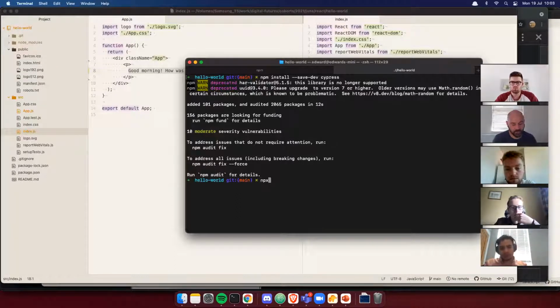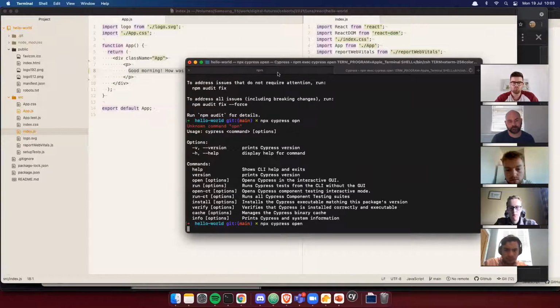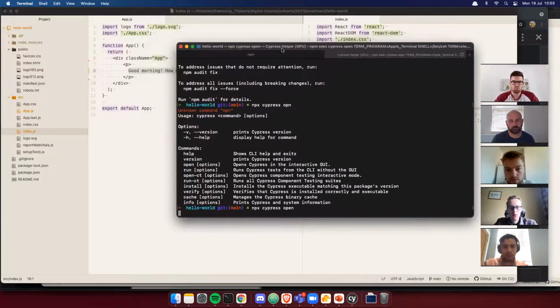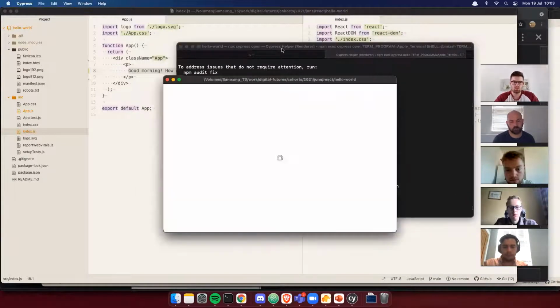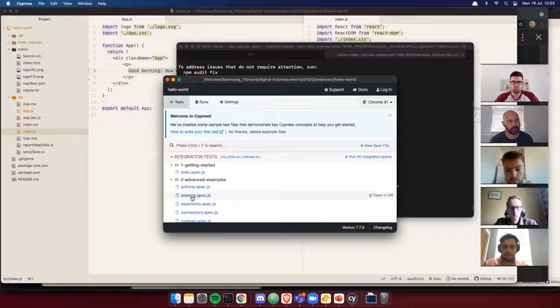And let's go ahead and open it up. It's going to go through some setup that I need. It'll create a bunch of